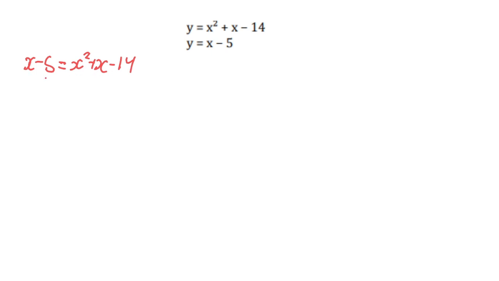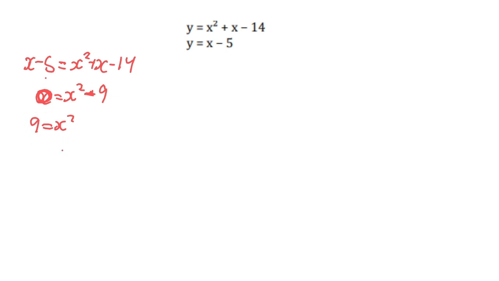I'll subtract an x from both sides and add a 5. So that'd be 0 actually, equals x squared. X minus x is nothing, and then minus 14 plus 5 is minus 9. Now we can just add 9 to both sides. 9 equals x squared. And then we take the square root, but it'll be a plus minus square root because